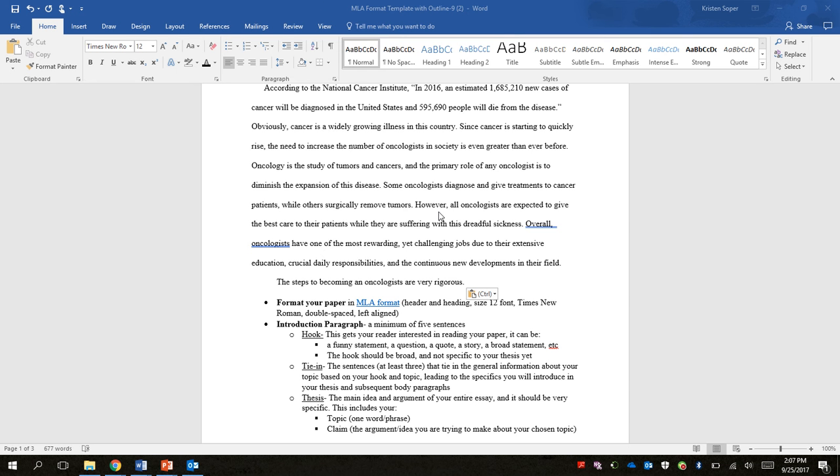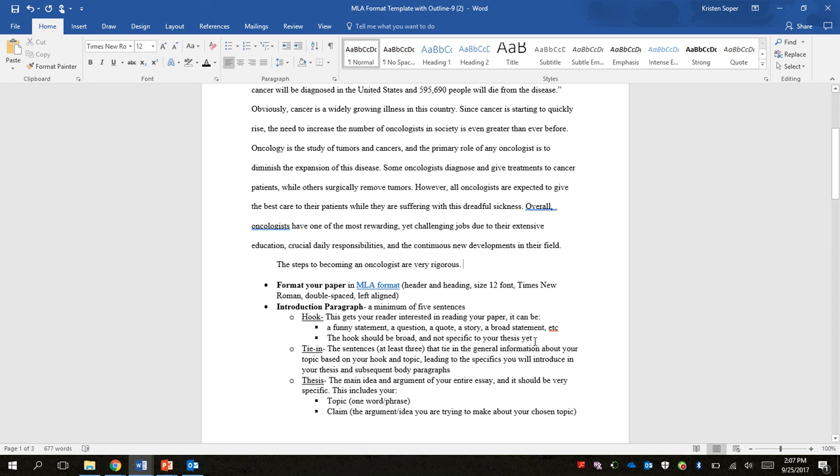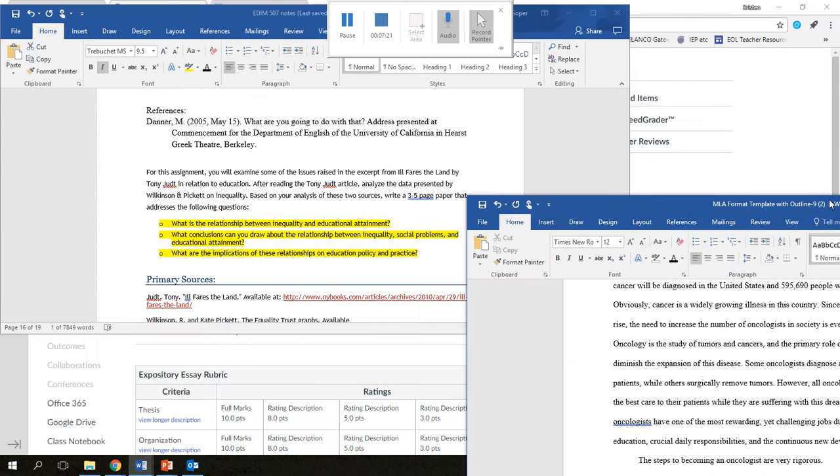the steps to becoming an oncologist are very rigorous. That would be fine. You could add, before becoming an oncologist, one would need to go through the extensive training process, or something like that. Then the rest of that paragraph comes from your Google site, support, explanation. You could have quotes or paraphrasing, including in-text citation, but whatever the topic of that paragraph is, you go into it. So, for example,